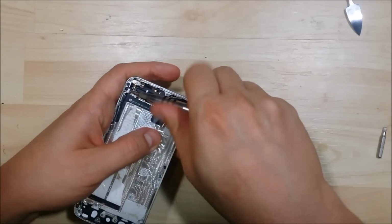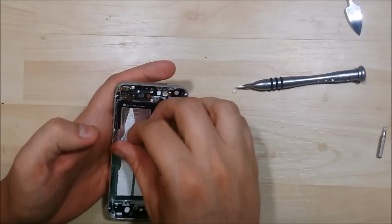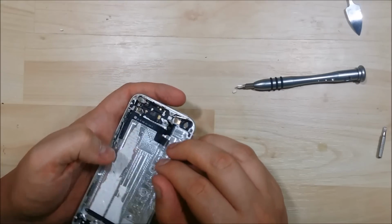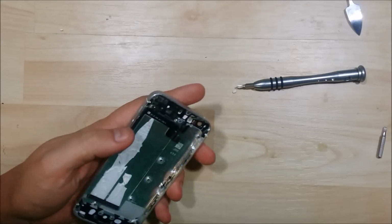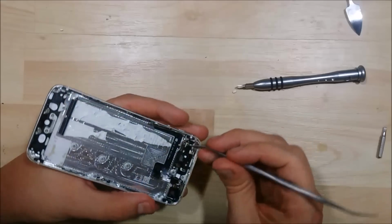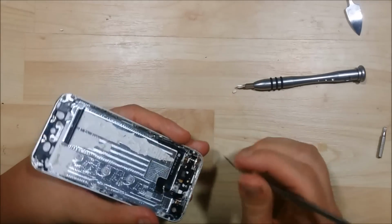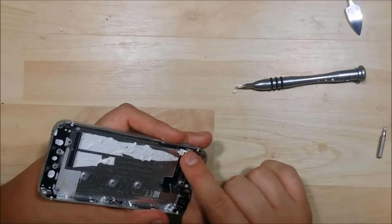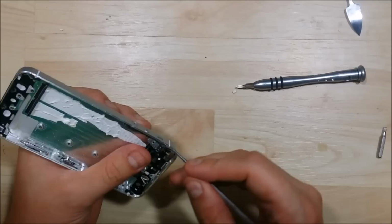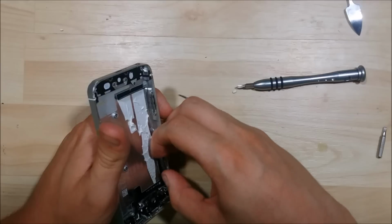An additional screw up here that holds the mute button connection on. See if that'll give us additional play to get this thing removed. Just going to pull back on the mute button area. You see that came ahead and pulled off for us. Just going to go down and try to pull back on the volume button, which did pull off for us